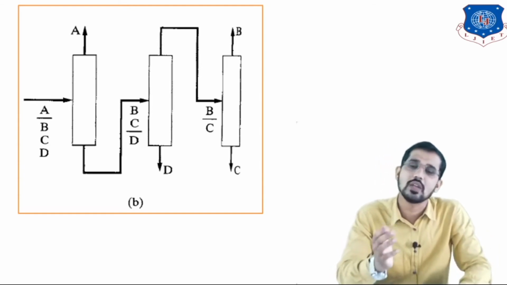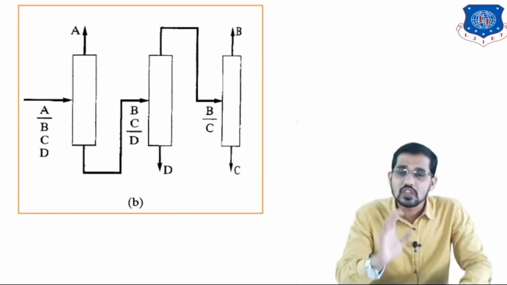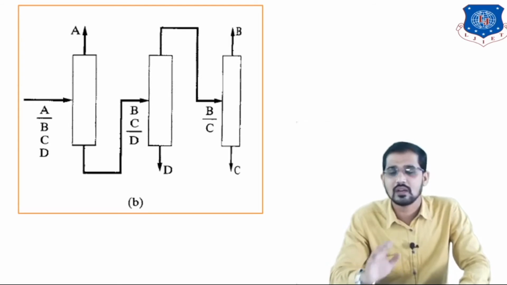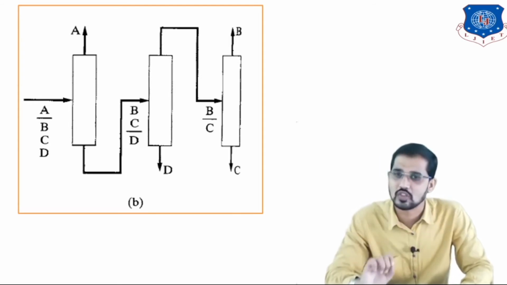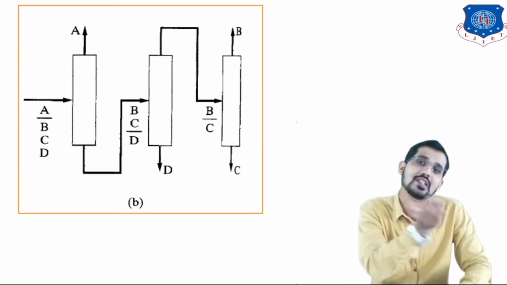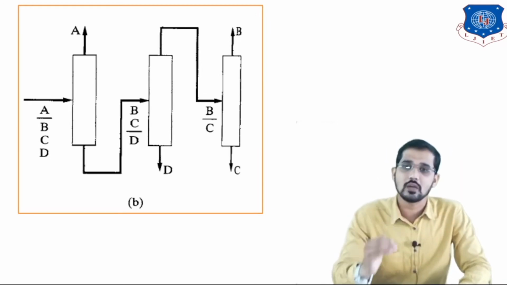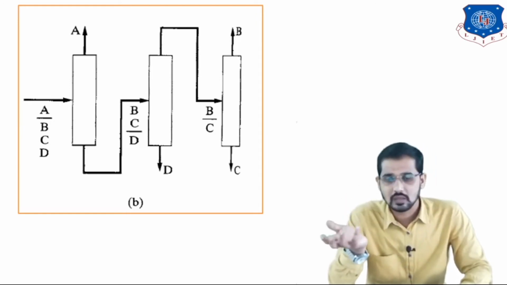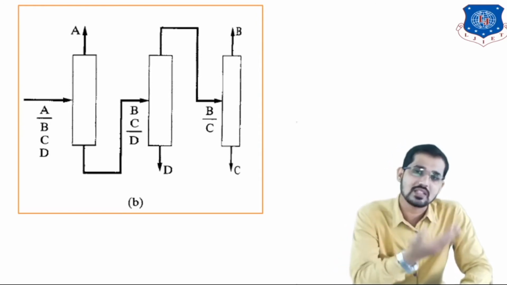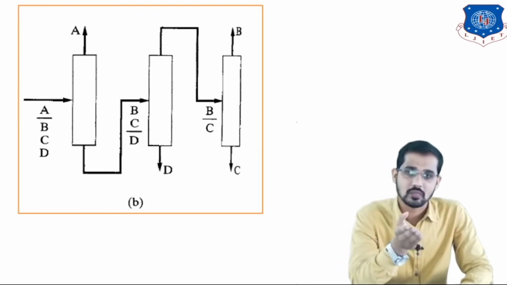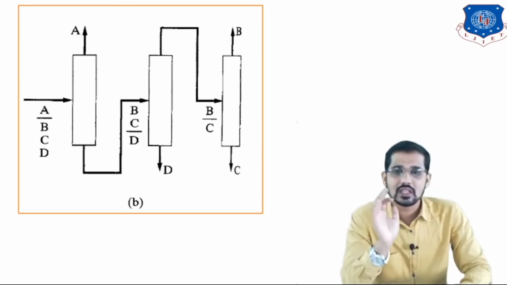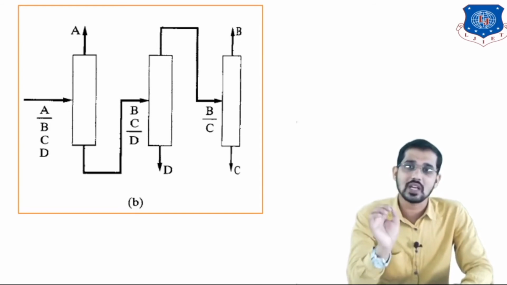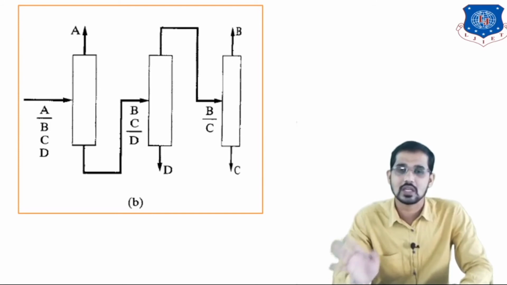That mixture is transferred to another distillation column, which can be operated at a lower temperature as compared to the second distillation column. Means here we are removing the most difficult component in the second distillation column to ease the separation in the next distillation columns. Here we are separating the most difficult component, component D, in the second distillation column, and we are removing the other components, B and C, in the last distillation column, which is operated at the lower temperature. In the previous slide I told you that the last distillation column operated at the higher temperature, but in this figure the second distillation column is operated at the higher temperature as compared to the first and third distillation columns.